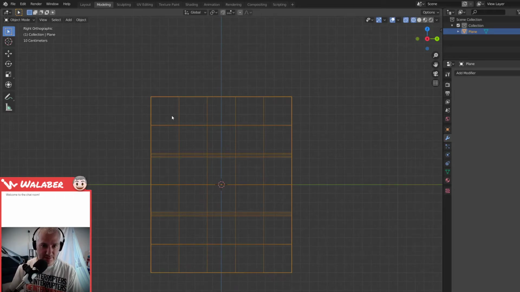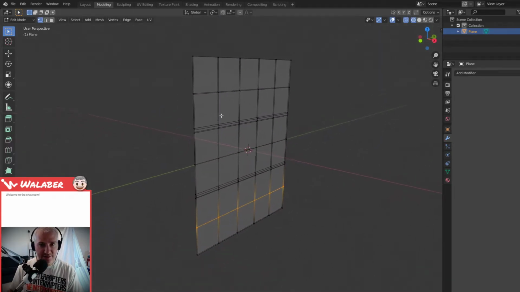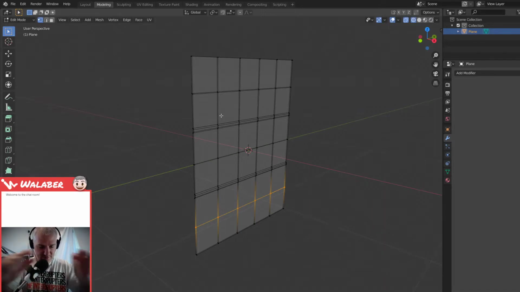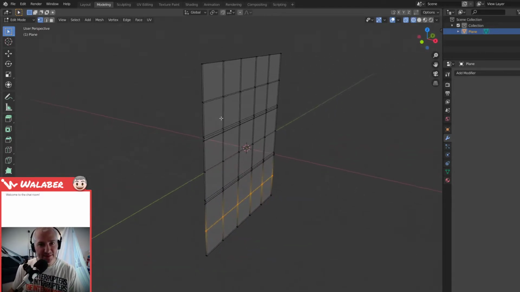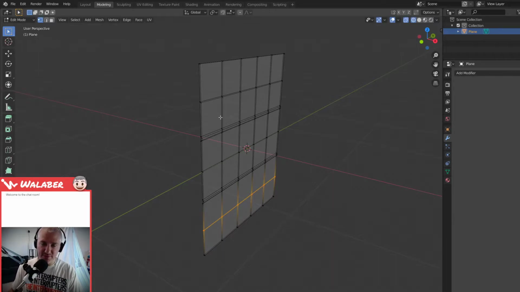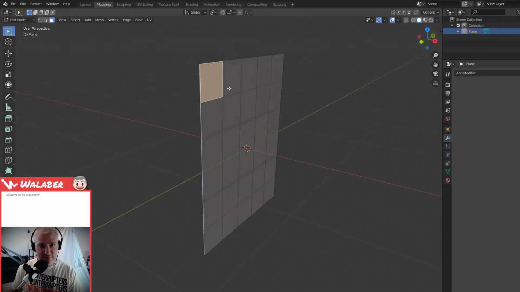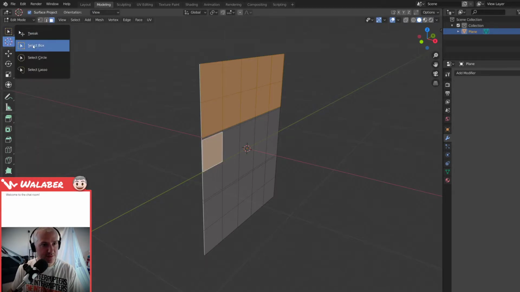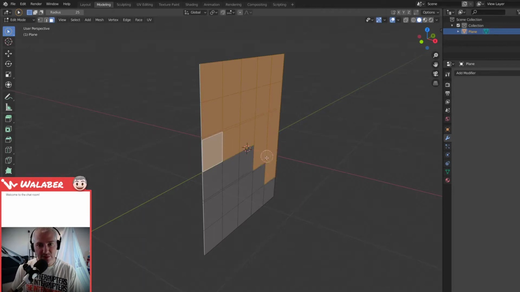Now I'm thinking actually, I'm going to have a shader on this that combines a paper texture and then the render texture, which will be all the text. So one way I could differentiate front to back easily in the shader, if I want to keep the overall UVs for the paper texture, is through vertex colors. I love using vertex colors, and I just use them for all sorts of stupid purposes. So for example, I could mark all these faces here. There's a faster way to do this, right? Like this. Mark all these